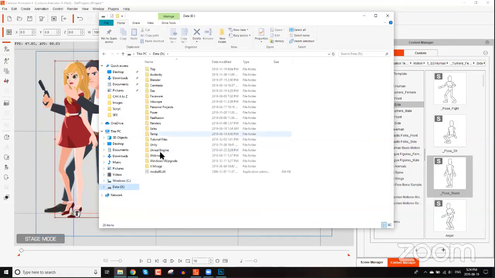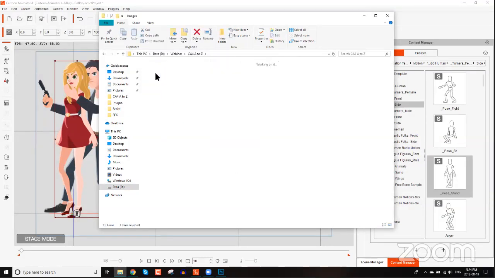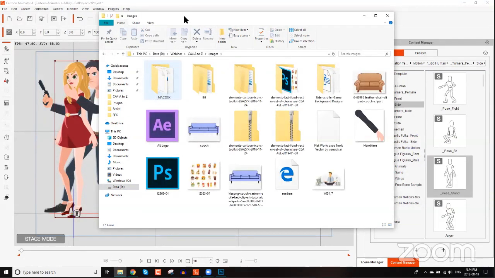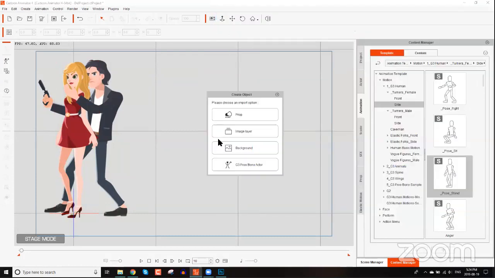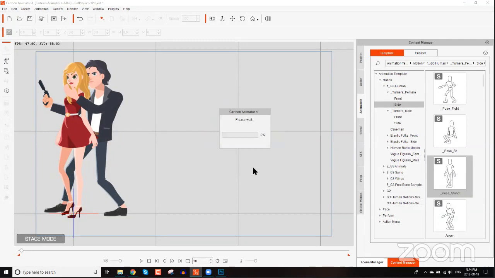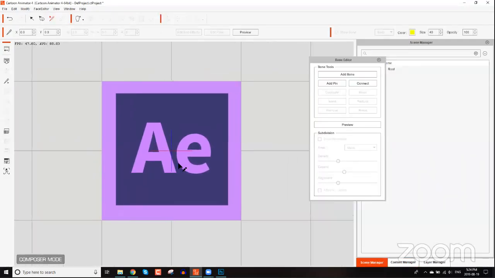Okay. So let's find that folder again. And it is in images, I believe. There you go. After Effects logo. Okay. So again, all I'm going to do is left click and drag this in from Explorer. This is the easiest way to create free bone actors. So let's just go ahead and do that. Create free bone actor. You can see it's a bit big, no worries, but it takes us directly into composer